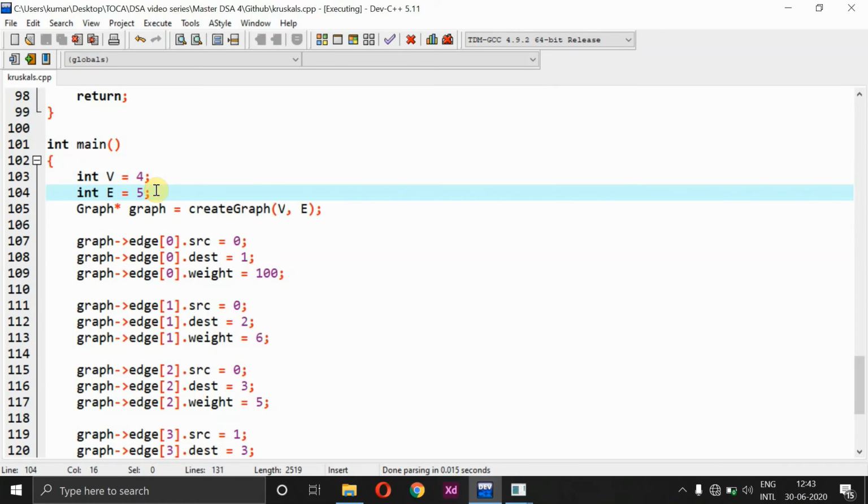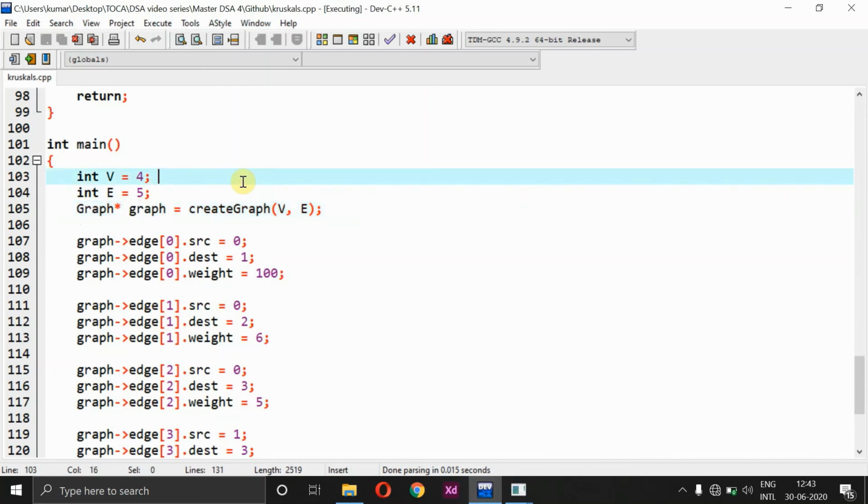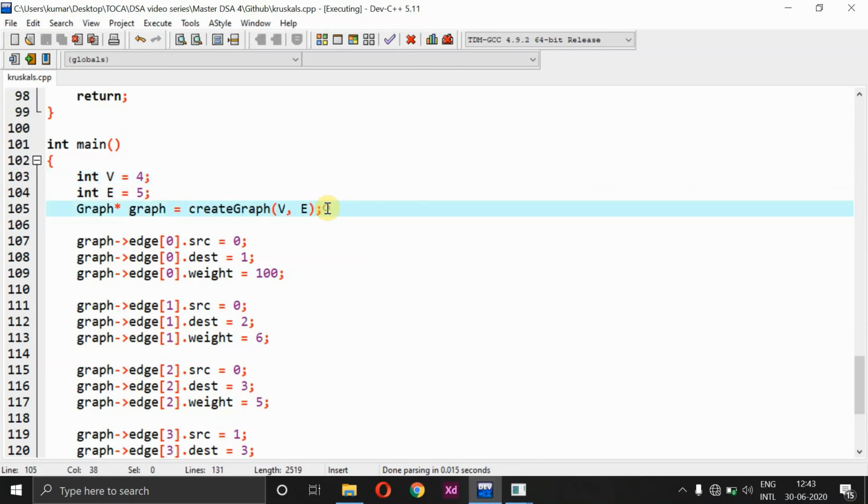So no matter whatever edge you have, you can also try increasing the total number of edges to be 6, or even you can have even one edge, or even you can make the graph to be a simple one, right? So followed by which I have created a class. The class name is going to be graph, and for this graph we have created a node, right? Not such a node, we can say we have created an object, and we are calling a method called create graph, and we are passing the parameters v comma e.